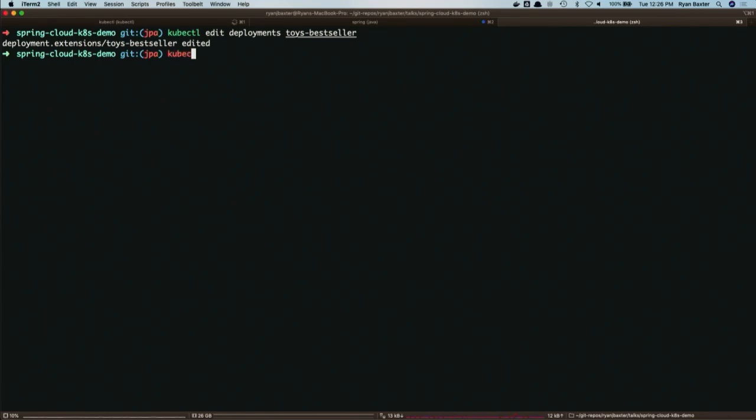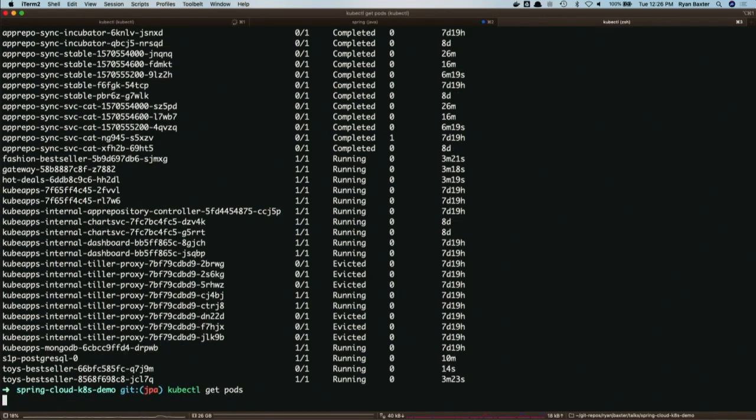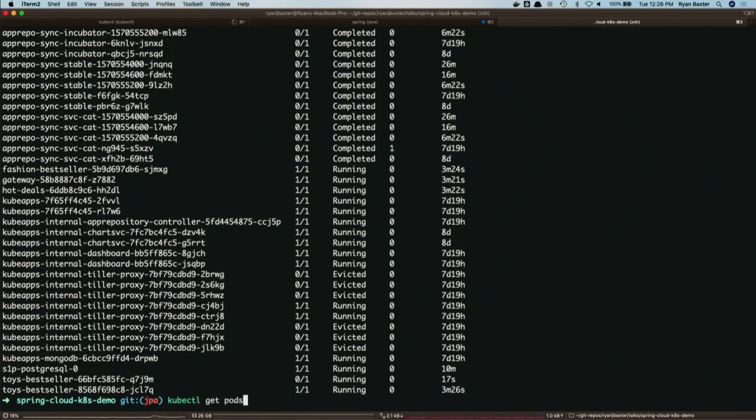Okay. So here we have the pods, and here you can see a new pod is about to be deployed for my toys bestseller. While we are waiting for the pod to deploy, in the meantime, what I want to do is connect my application.